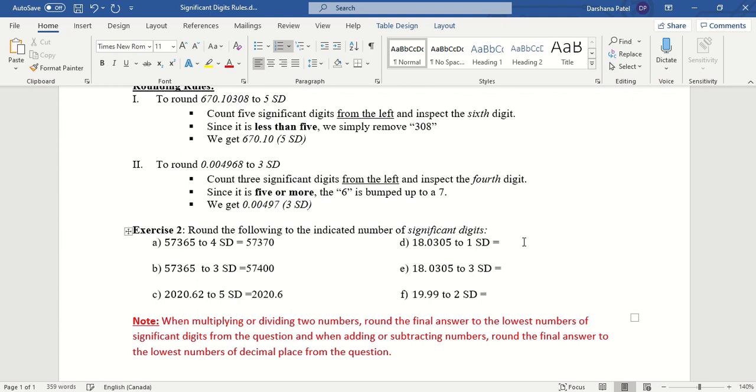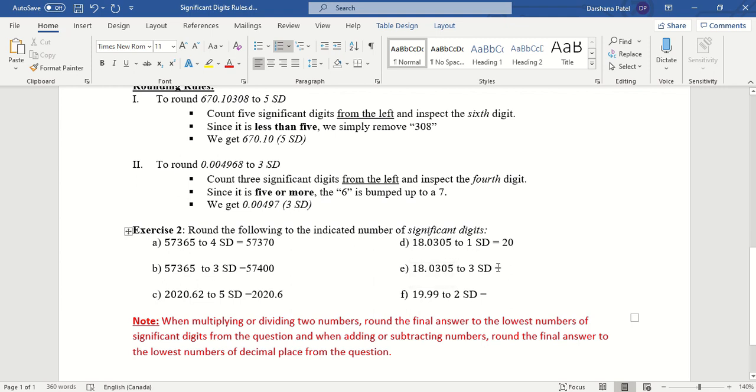For this one then, to 1 significant digit, I look at the second significant number which is 8. It will round 1 up to become 2. So now I have a number which is only 1 significant digit. But is that close to 18? This is 2. 2 and 18 are far away. 20 will be the number which will be closest to 18 and it will have only 1 significant digit.